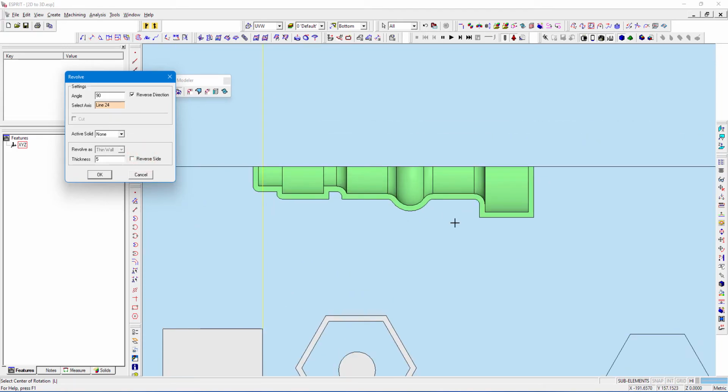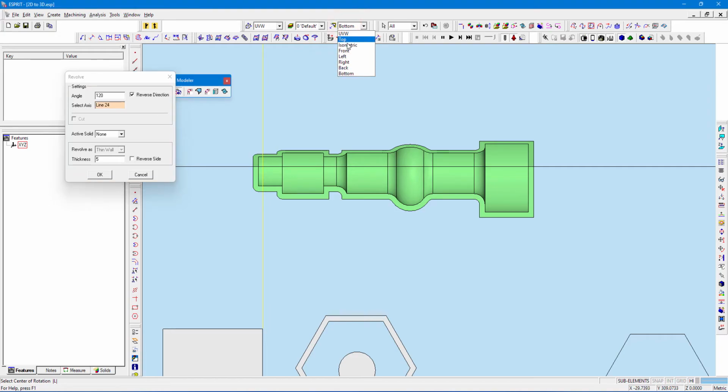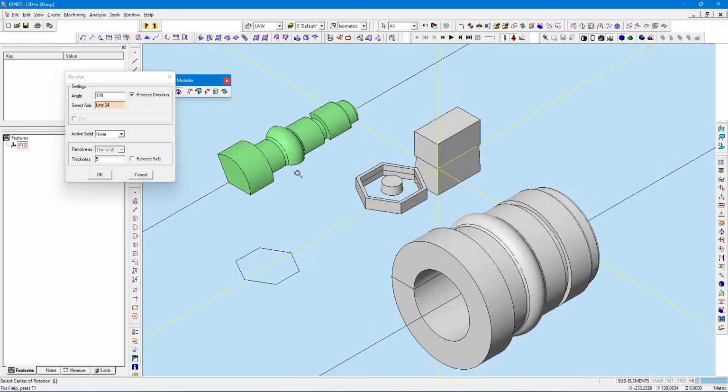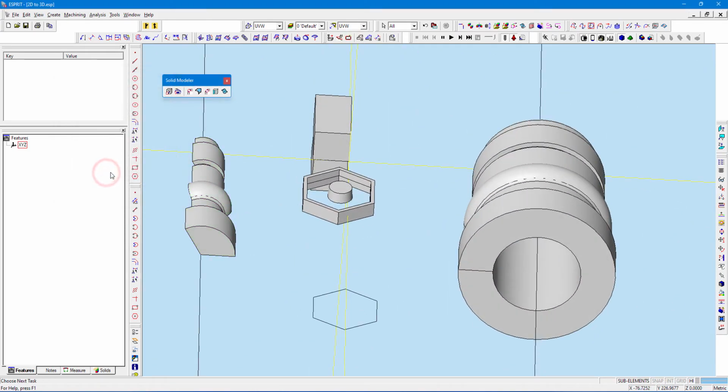And I will complete my 90 degree also. If you need 120 degree you may also get, or 160 degree. Whatever degrees you input here, you will get the component. Okay, and I will click OK.